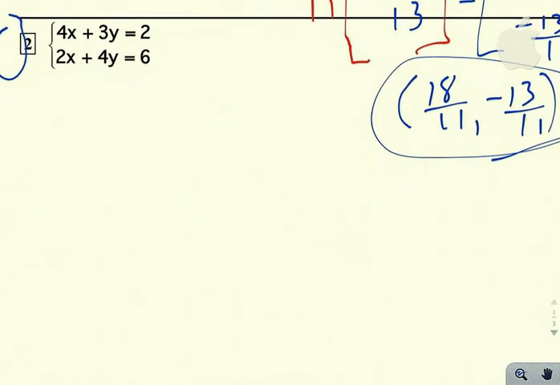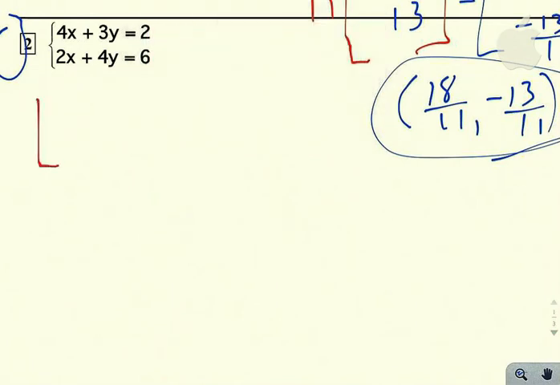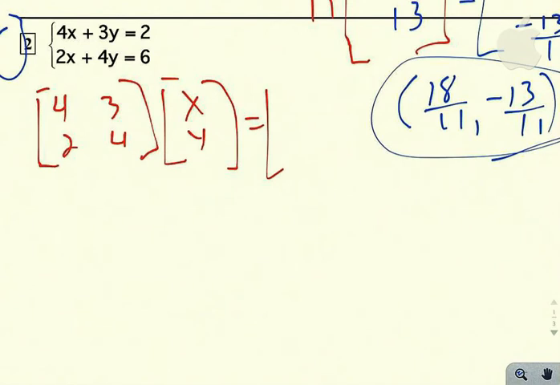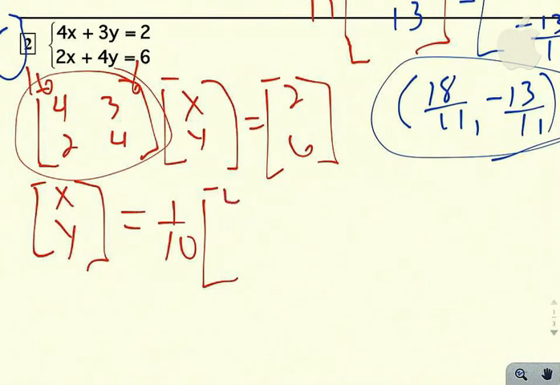Number 2. It's done the same way. 4, 2, 3, 4 times the matrix xy, equals 2, 6. So matrix xy would be the inverse of this matrix. Well, let's see, 16 minus 6 is 10, so 1/10. And this is 16 and this is 6. Determinant is 10, so 1/10 times, switch the 4's, negate the diagonal 2, 3,